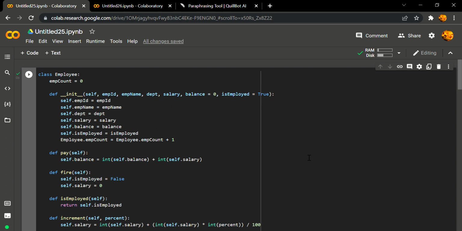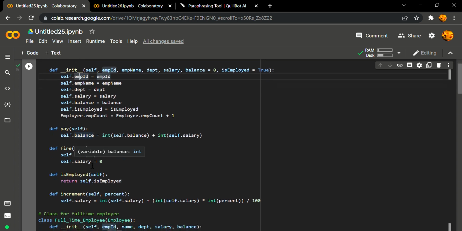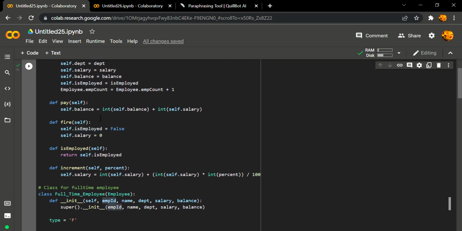So my first task is to create a class employee, and we have a constructor to initialize, which consists of ID, name, department, salary, balance, and whether the employee is employed or not. And it has four methods: